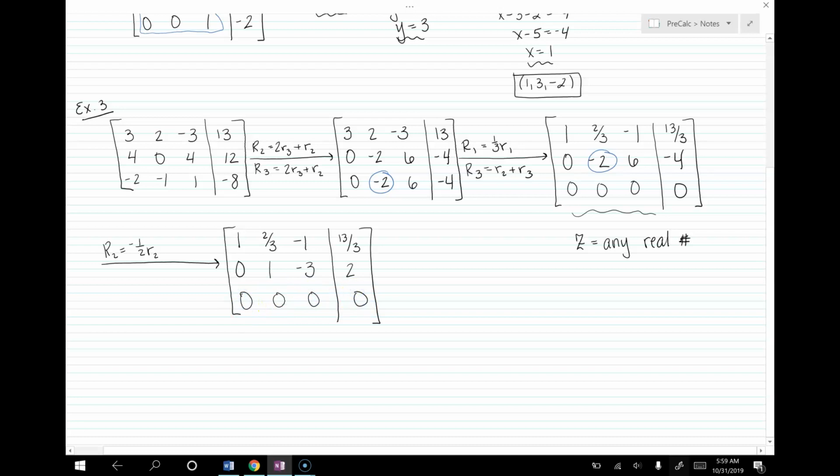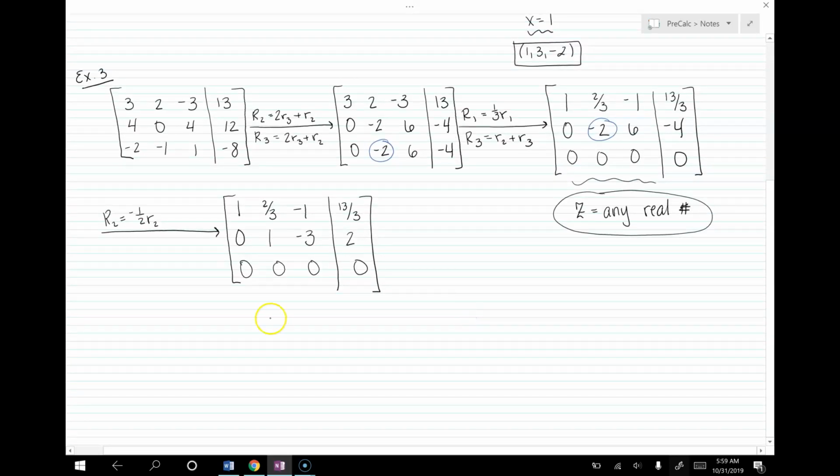Okay, so again, we know that z is any real number. We'll come back to that in a second. For the middle row, it says that x minus 3y,